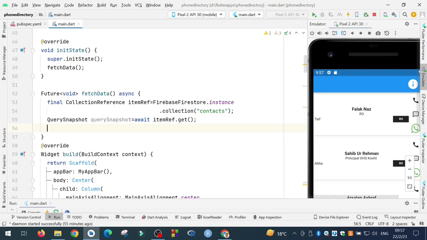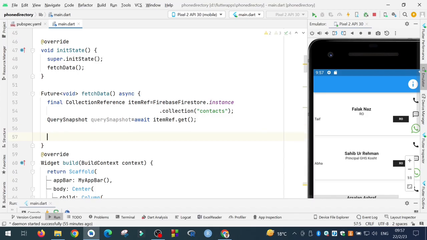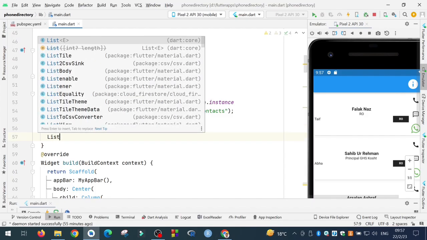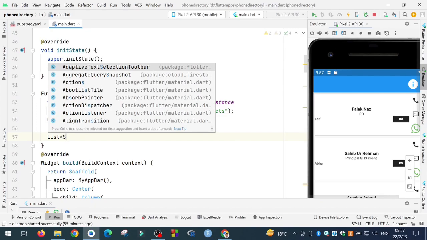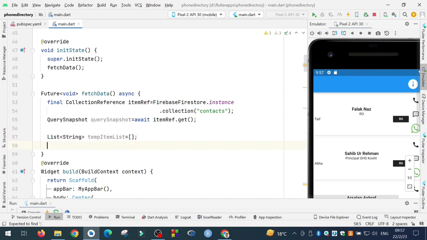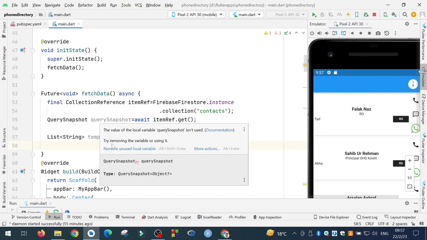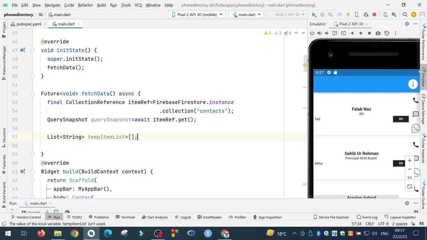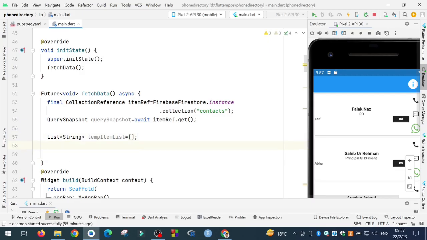Now the next thing is to create a temporary list. So I will create a temporary list, and it is a list of strings, temp item list, and I will initialize it. And then I have to go through all the documents in this query snapshot and put them in the temp item list. So how I'm going to do this, I will say query snapshot